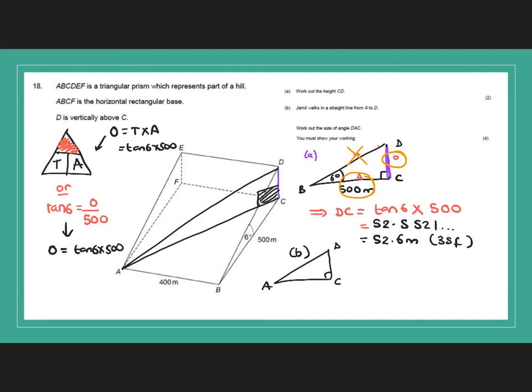Now, we've just worked out that DC, which is the purple line, is 52.5521. Make sure you've got enough accuracy written down to do this calculation accurately. And AC, we don't know the value of, but we do need to work out DAC, so we need this angle here, which I'm going to call X. So the first thing that I'm going to do is work out the length AC, which I'll highlight in orange there. And I can do that using Pythagoras theorem and this right angle triangle, which I'm going to outline here,